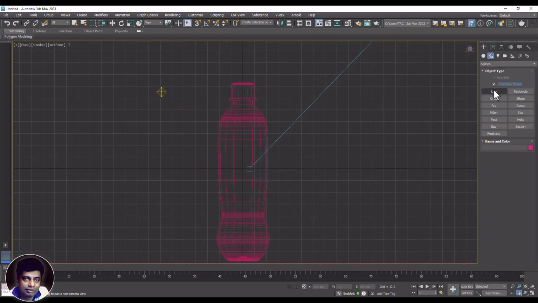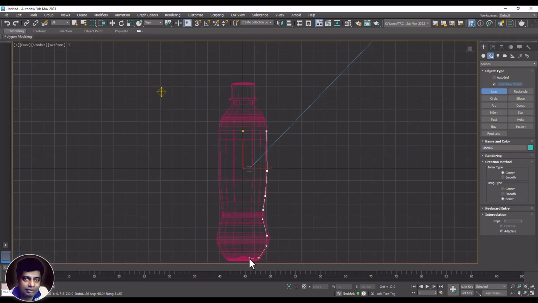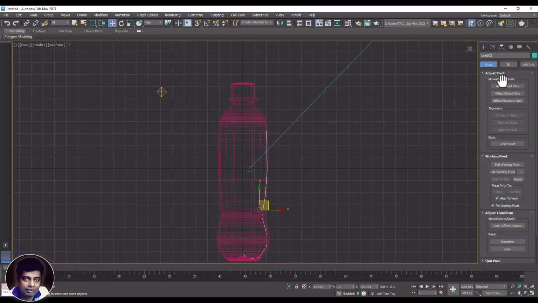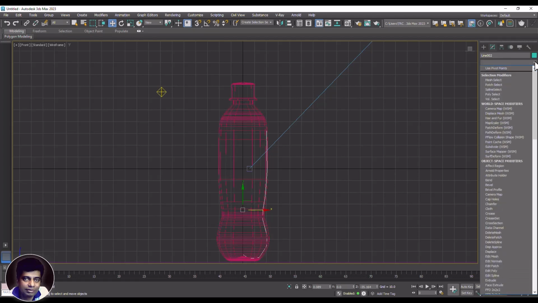I'll use the line tool from the center. Just create one solid shape here. Like this, and join it. The same thing what you do is go to modify, click on effect pivot only, click on the center point, go to modify, lathe,